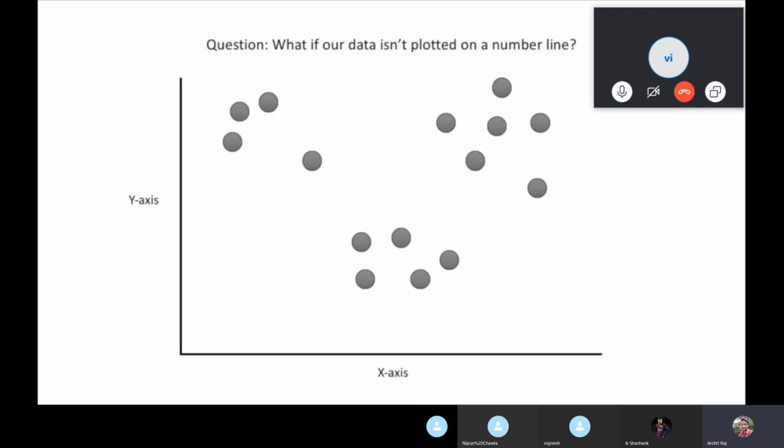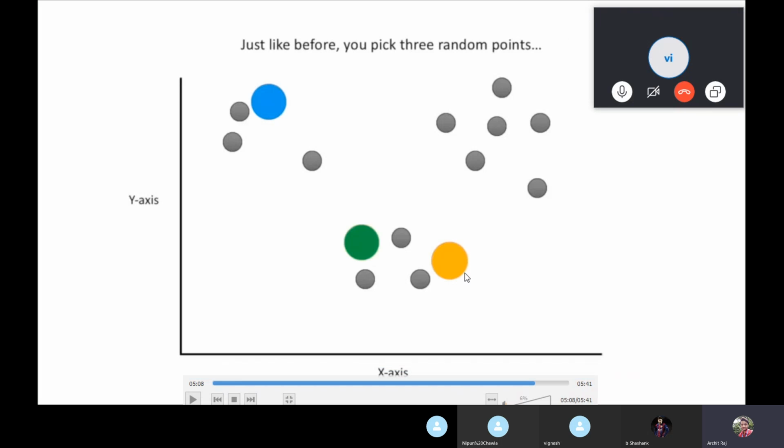Now, again, these are our data points. No one knows why exactly they are used or what these things are. They're just on the x-axis and y-axis. Whether they are height, weight, age, whatever, the machine doesn't care. It just takes care of how similar they are to each other. So again, we take 3 random points anywhere on the plane.